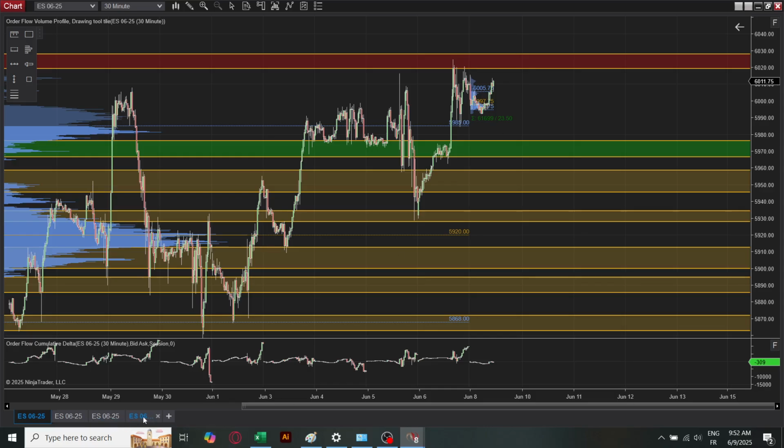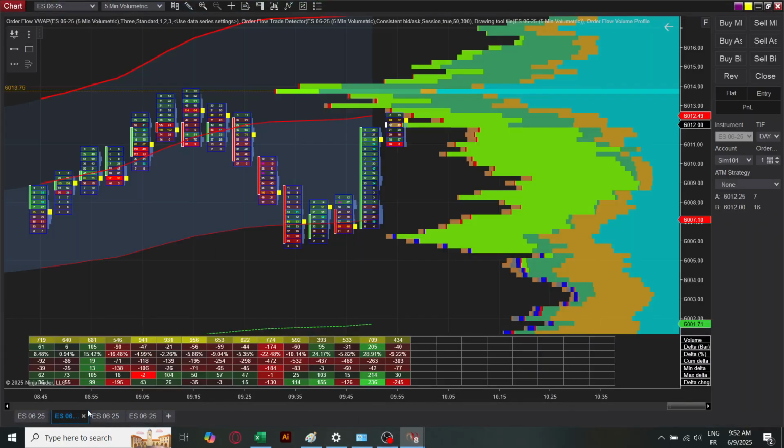So this is the idea of an absorption. And the second idea is the minimum and the maximum delta. So the first thing, for confirmation, we need to see at least 5 to 8% on the delta bar, or the delta percentage. So in here, it's -9. Of course, you can't apply it to here